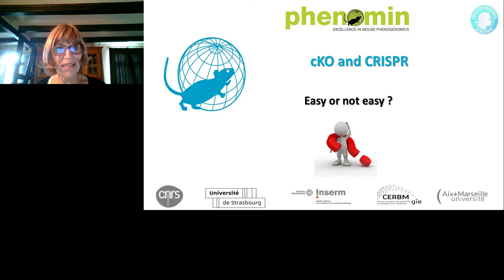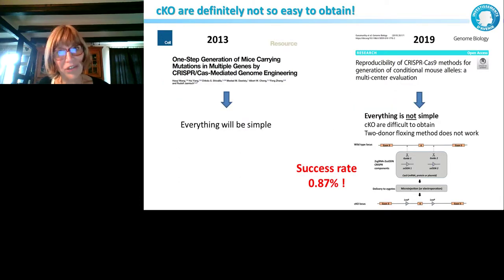That's the question. Then, to remind you, I don't know if you followed all the literature, but in 2013, at the very beginning of CRISPR, there was this paper coming out from Rudolf Jaenisch's lab, saying that everything would be simple. They showed that everything is efficient, that it's possible to target 3 genes together, to get conditionals easily. But all they did here was analyze functional loss.